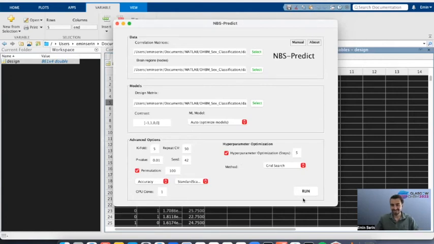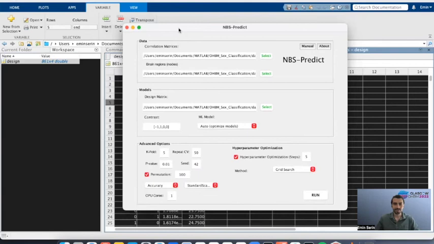But we're not going to do that because with these parameters and the data with this sample size, it could easily take more than 20 hours. That's why I also provided you the results file, so we can skip the analysis stage and go directly to the visualization stage.